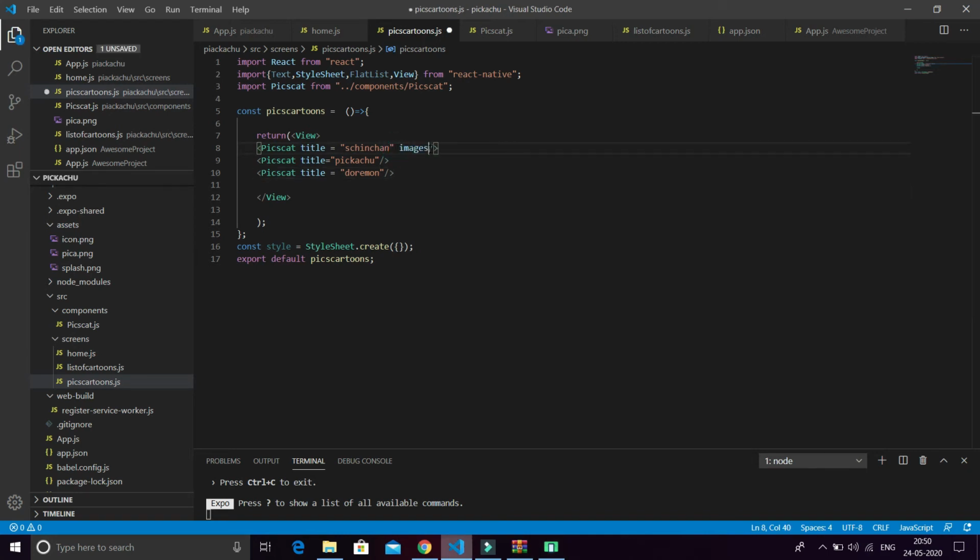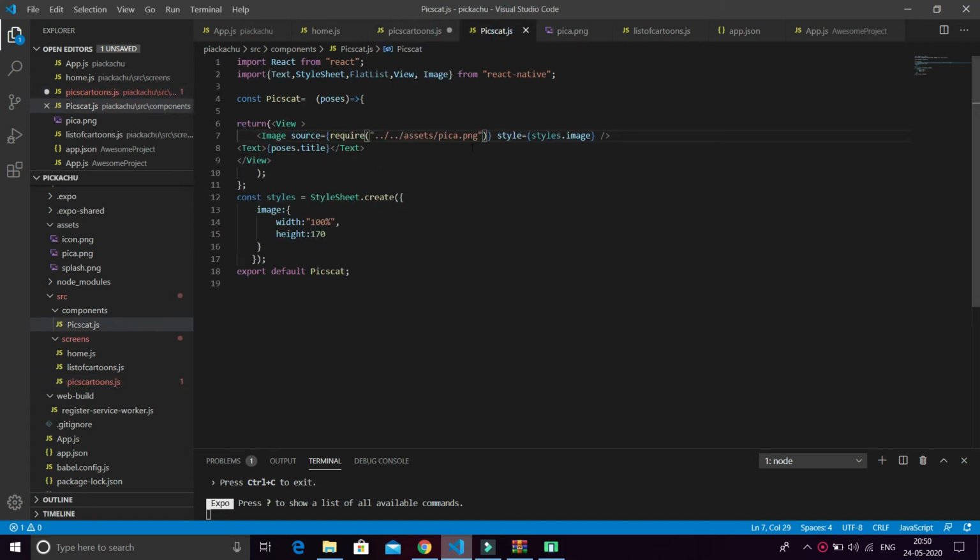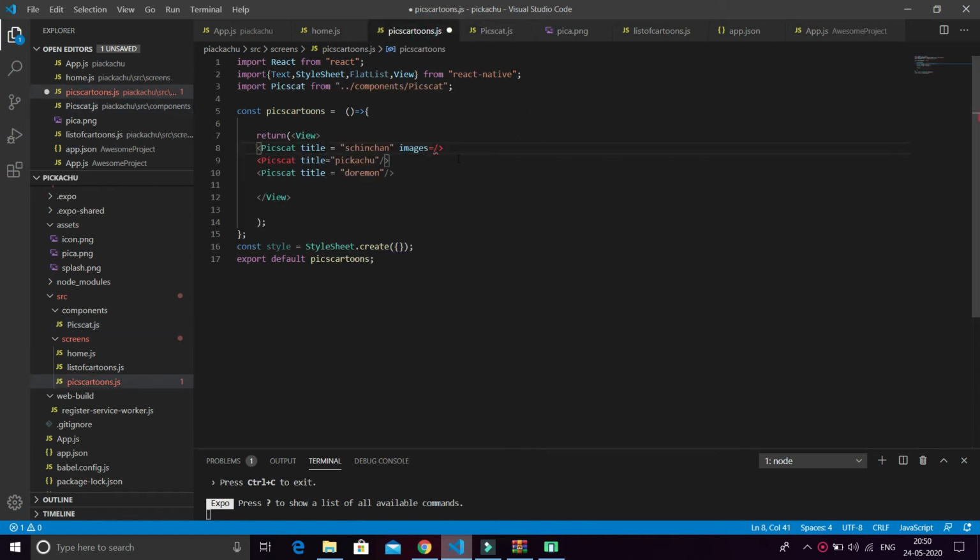I name it images and just provide equals to, and we just copy this and paste it here. We have to do this for all of these things, so I just copy and paste it in everything.